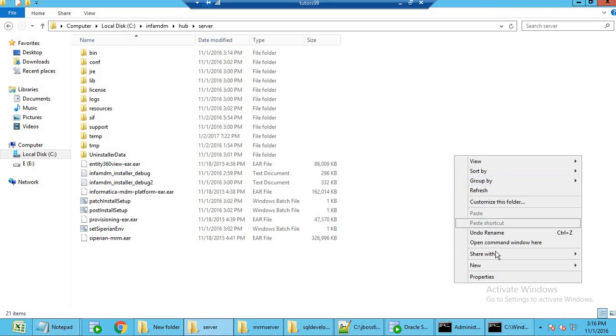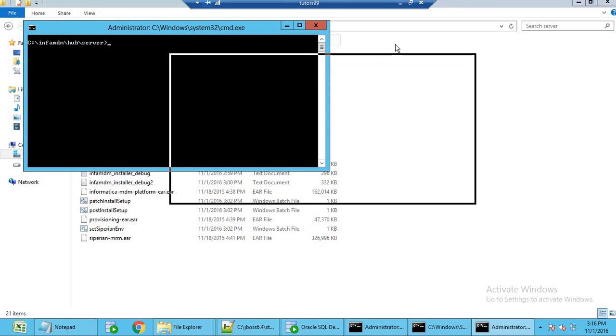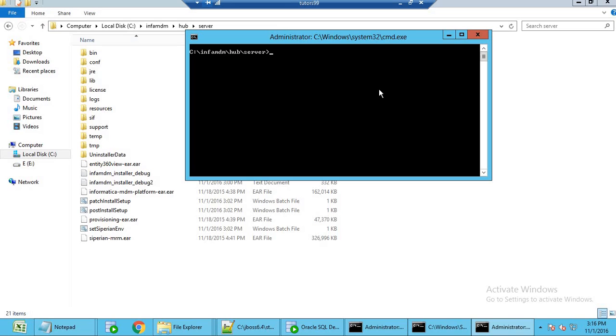That is started, and now let's go to this JBoss server location, and open the command prompt here. Open the command prompt, and here let's write the post install script manually. So write post install setup .bat